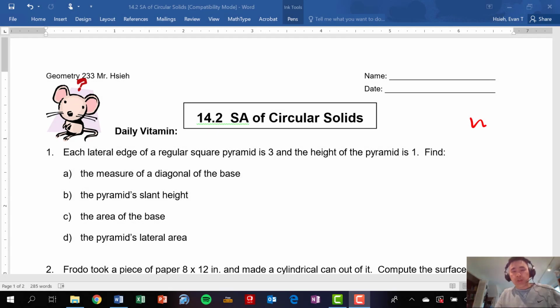Okay, we're moving on to section 2 of chapter 14, which is surface area of 3 different circular solids. This is the last section of surface area, and then we're going to move on to volume after this. So the 3 different circular solids